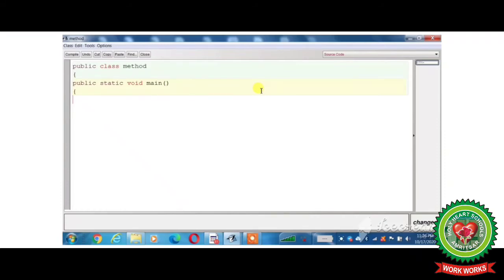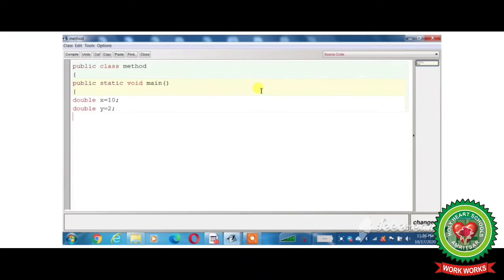So the first method is power. Firstly we will accept the argument in the power function. We have to take two arguments, meaning the first argument will be raised to the power of the second argument. So we will write double x is equal to 10 semicolon, double y is equal to 2 semicolon.